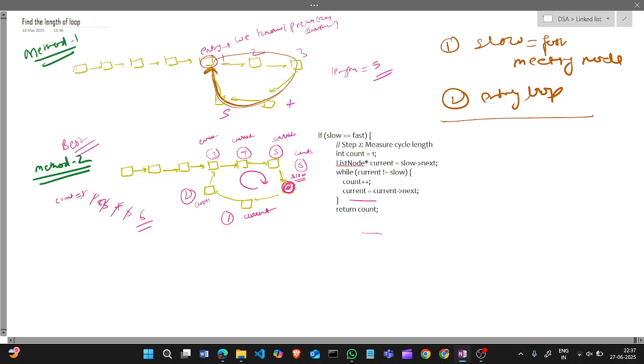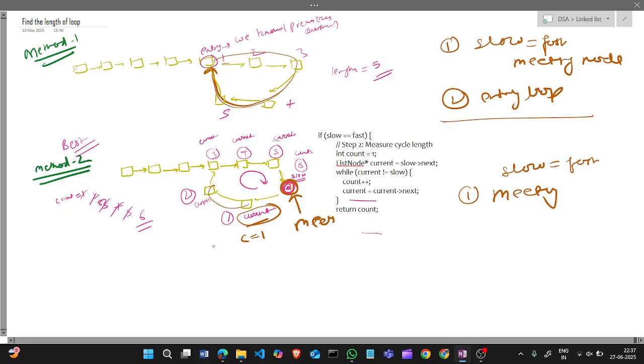Whenever you find the meeting point, meaning slow is equal to fast, we take a count from there. Let's say this is the meeting point. We take one pointer, current, and count equals 1.